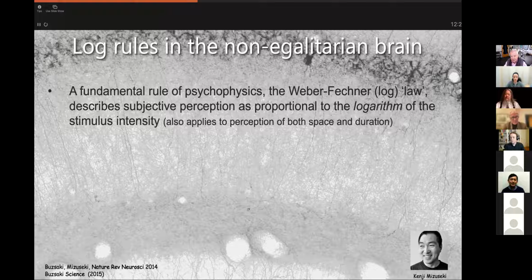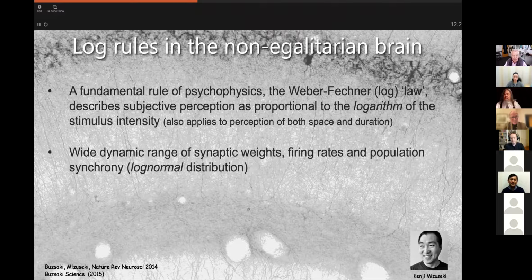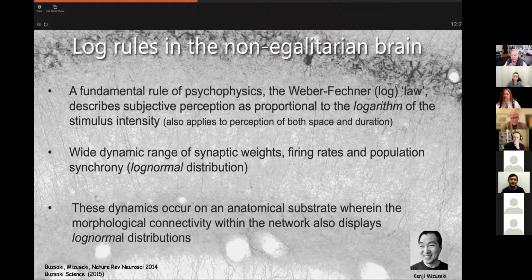The fundamental reason, I think, why this log rule occurs is because the brain has an extraordinarily wide dynamic range in almost everything, from synaptic waves to firing rates, population synchrony, and so on. They also show a lot of log normal or log normal-like distributions. And this dynamic is based on a skewed system, which, as Christoph already pointed out, is not random organization at all, but connectivity can be described by a log rule, which means that